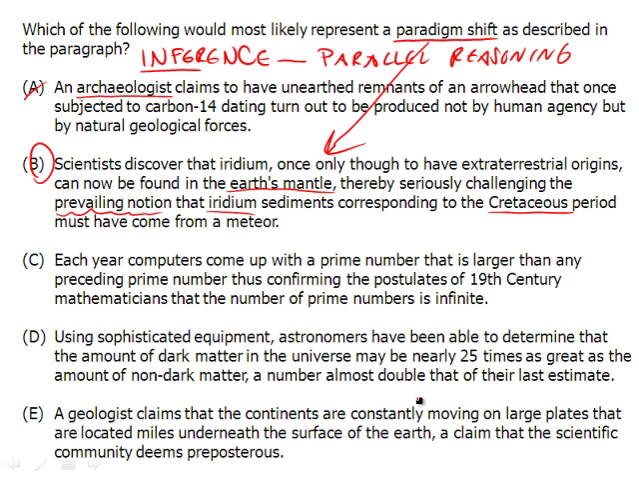C, each year computers come out with a prime number that is larger than any preceding prime number, thus confirming the postulates of 19th century mathematicians that the number of prime numbers is infinite. Okay, is there a shift? No, we have confirming postulates, so we get rid of C. D, using sophisticated equipment, astronomers have been able to determine that the amount of dark matter may be even more than thought before, almost double. Okay, well,